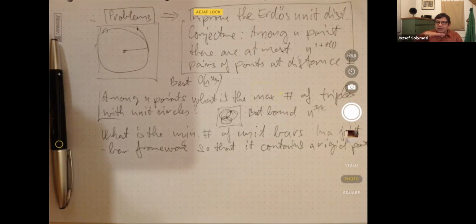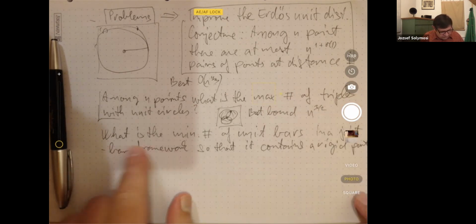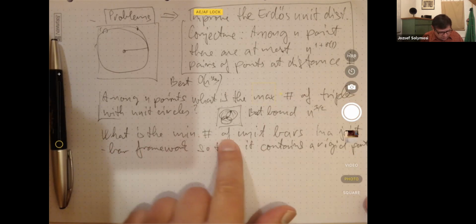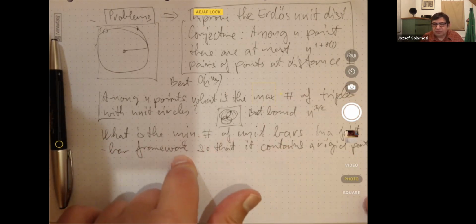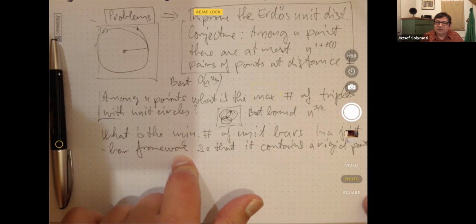I don't understand. Why can't you use 5? You can use 3. Triangles next to each other. You get a pair that's rigid. But here the question is, what is the minimum number of unit bars that will guarantee it doesn't matter how you put them together? If you have that many bars, then there is a rigid part. Oh, it's for any arrangement. For any arrangement.